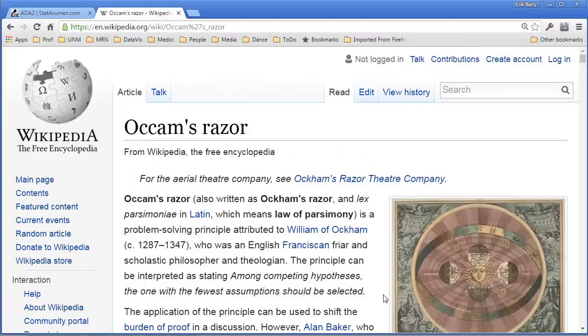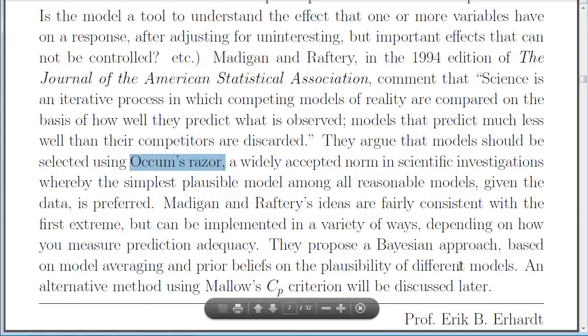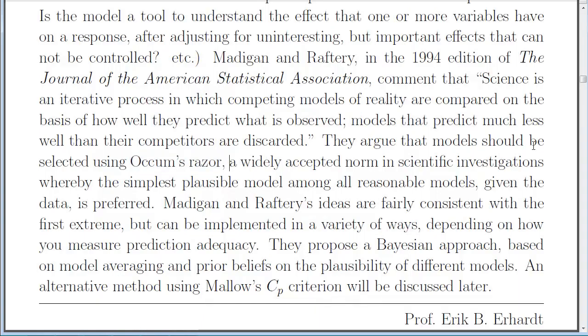Or basically, if you have a set of models, the simplest should be preferred. That's the basic idea there. And so that's one of the primary principles that many use for doing model selection. A widely accepted norm of scientific